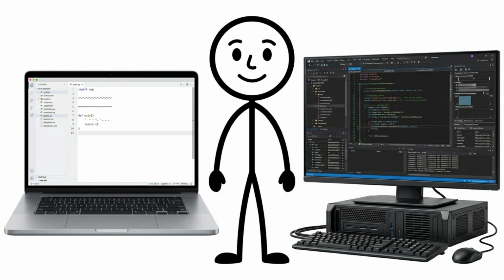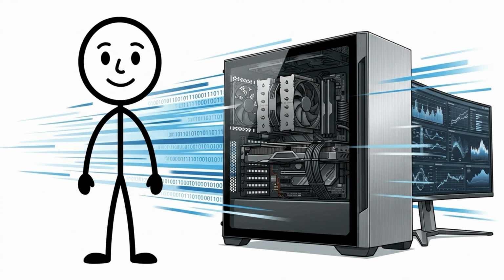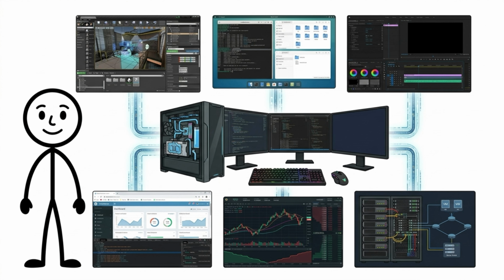C++ is almost the opposite of Python. It is significantly more complex, but it provides developers with much greater control over how a computer uses its resources. C++ is known for its high performance and is commonly used when speed and efficiency are extremely important. It appears in game engines, operating systems, desktop applications, browsers, financial software, and many other performance-critical systems.